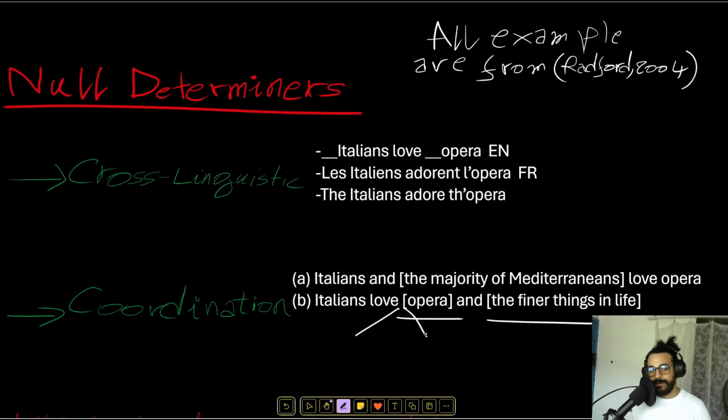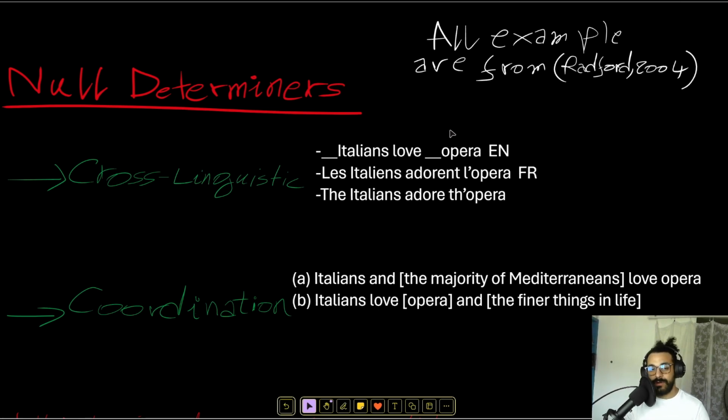So in "opera" here, there is no "the", but here we have "the". The fact that these two sentences, these two structures, can be coordinated in such a way proves to us that "opera" actually is not a truncated NP. It's actually a DP headed by a null determiner. Now that we've talked about the null determiners and some evidence to prove that they do exist, let's look at